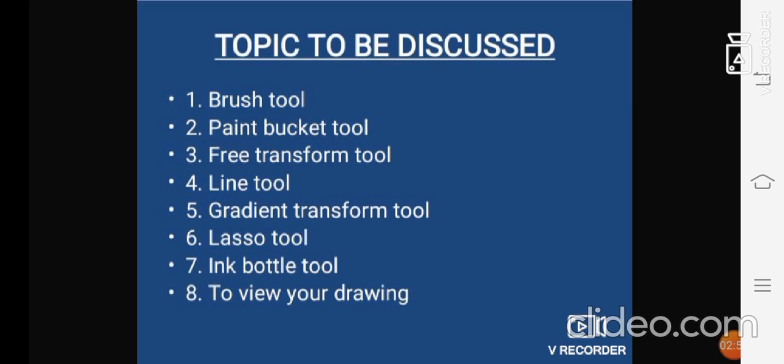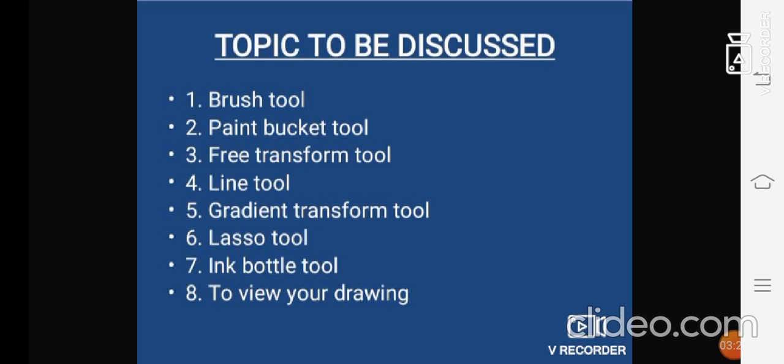You can draw anything: trees, flowers, any kind of work. You can also write stylish freehand text. You can even write your name, draw lines, however you want. You can move your brush tool according to your convenience.